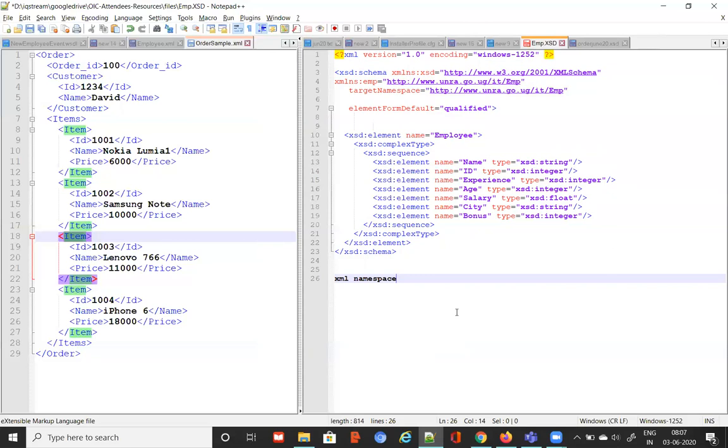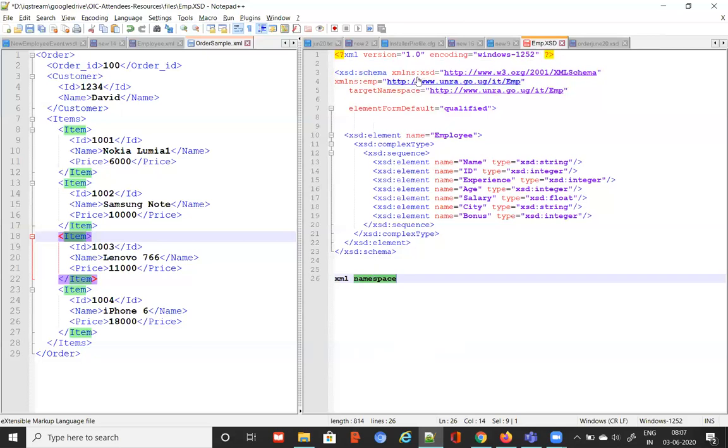So there can be two different packages. In both the packages, you can have functions and procedures with the same name, right? But whereas when it comes to XML, we call them namespaces. Namespace also, the purpose is the same. What I'm saying is, I'm having a namespace, and in the namespace, I can have multiple XSDs.